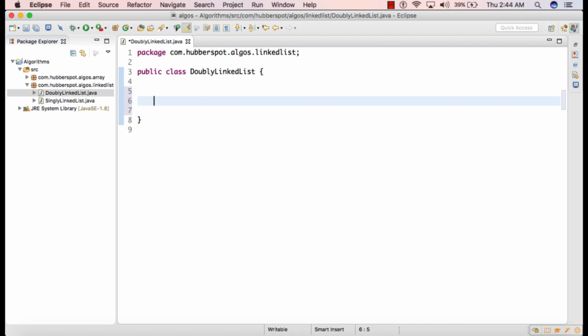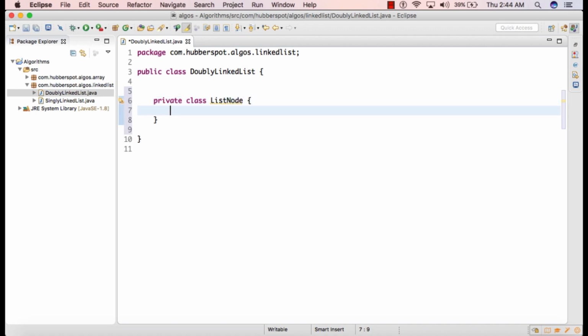So we'll create an inner class by name ListNode. Basically this ListNode class will hold the pointers to the next and the previous nodes. As we discussed in the slide, the list node contains three things: private int data.